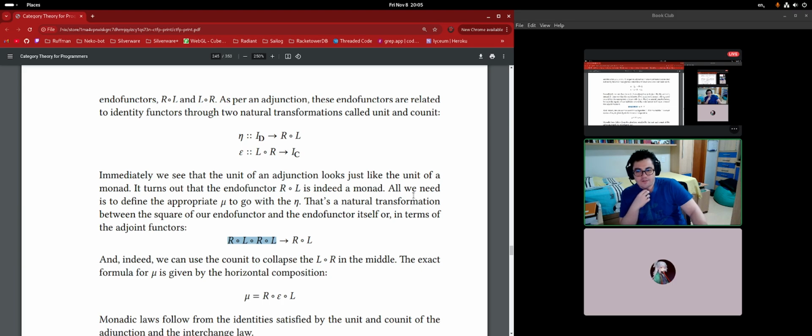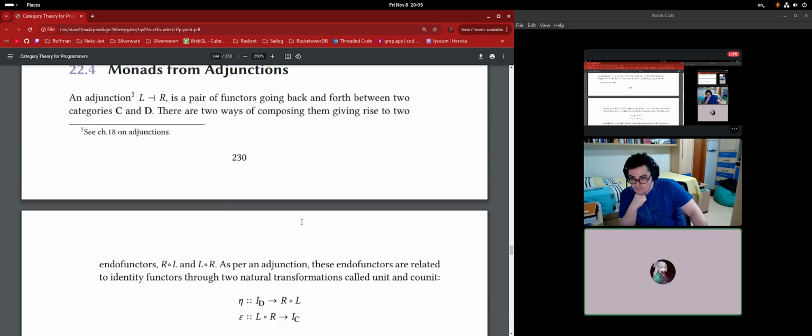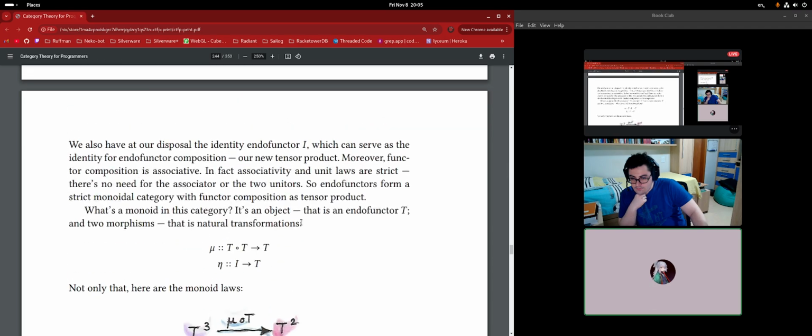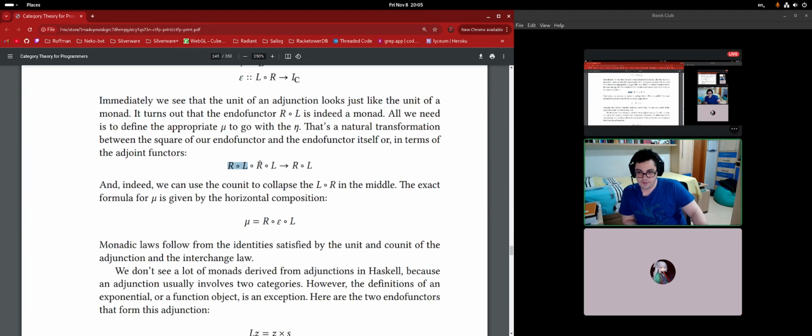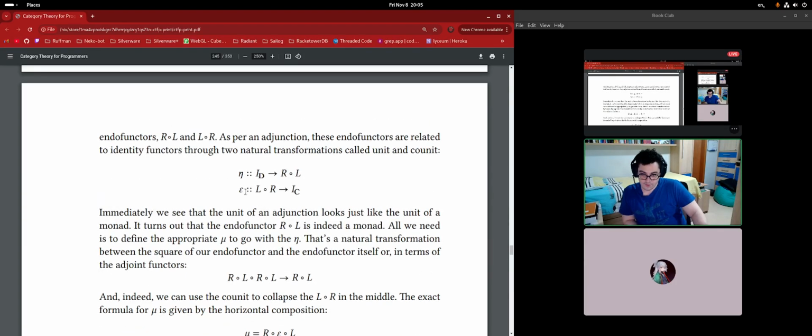And why are we doing eta squared? Because we're trying to define mi, which goes from eta, well, it goes from the square of the monad to the monad. Oh, we are picking our T as R after L. Yeah. Oh, so okay, but we have a trick because we can use